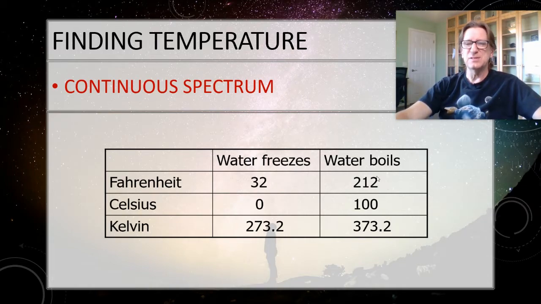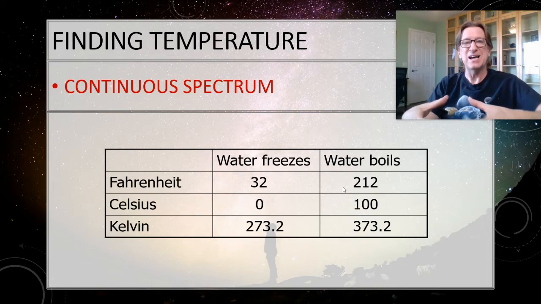Now, this also changes because if you're higher up in altitude with less air pressure, water actually boils at a lower temperature. So this is why if you're up in Flagstaff, for example, up in the mountains, you actually have to cook your food longer because water is boiling at a lower temperature. And when we're cooking things, we're actually heating the moisture inside what it is that we're cooking. But 32 to 212, that is a bizarre temperature scale. That just really doesn't make any sense whatsoever. This came about in about the 1600s.